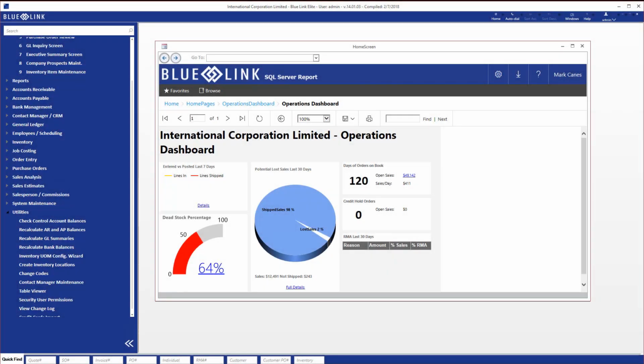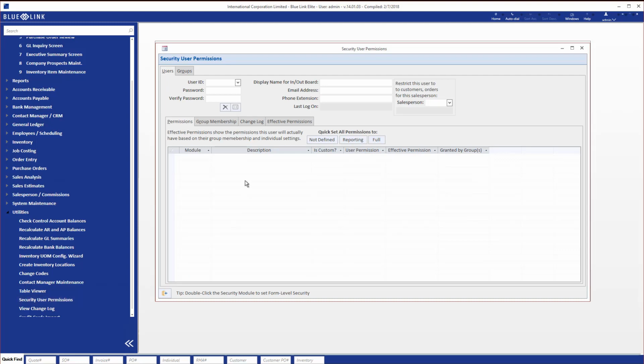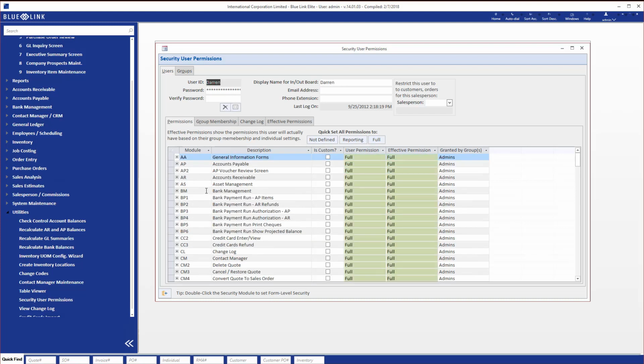Blue Link ERP allows you to control what permissions individual users have and therefore what they can and cannot do. So you can create users on the screen, and once you've created a user, you can actually control their permissions. The permissions are initially set up on a module by module basis, and within the modules there are various different